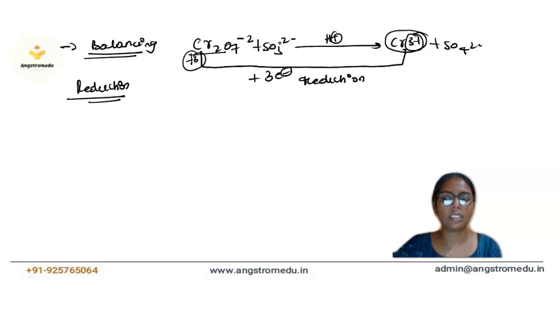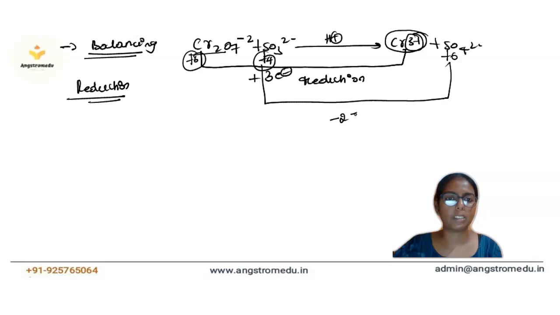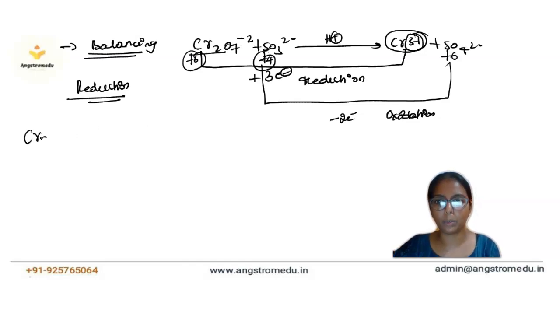And here is the oxidation state of the sulfur, here it is +4, and here it converts into +6. It means that here there is a loss of 2 electrons. So that's why it is undergoing oxidation. So if we write the reduction reaction, that is Cr2O7 2- converts into Cr +3. So if we write the balanced reaction, that would be